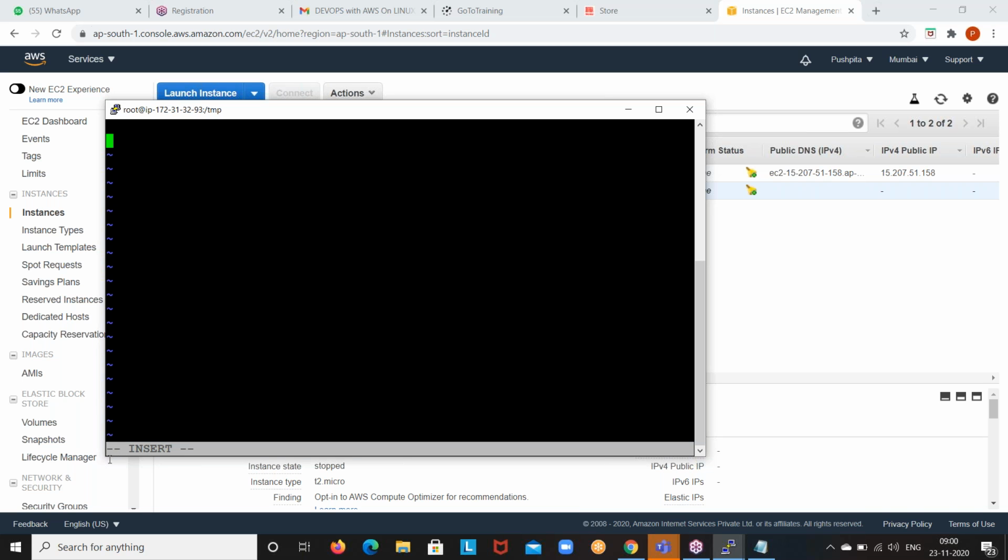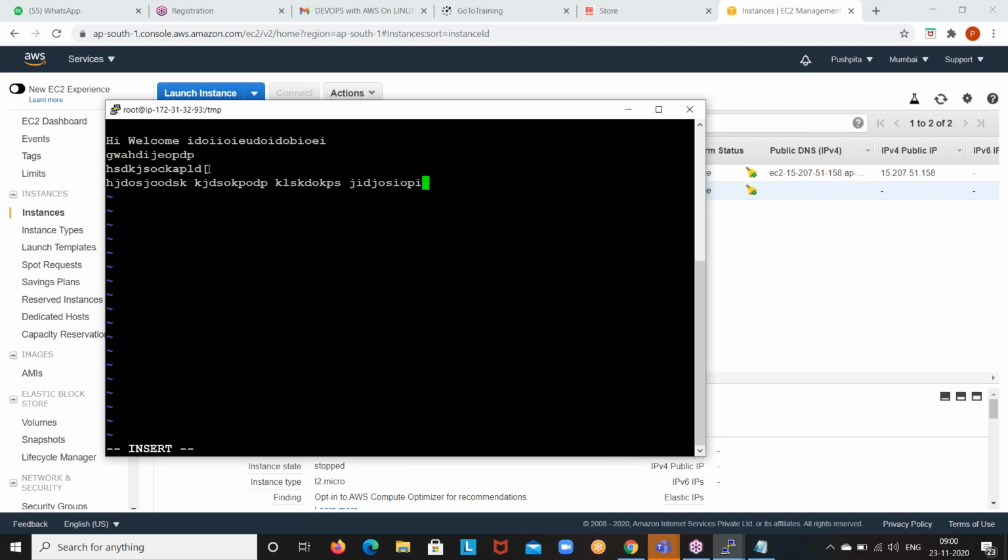Go ahead. Can you please randomly type some 4 to 5 lines? Randomly, no need to have a meaningful line. Just keep something like that. Good. Use some spaces in each line. Like this. Above also, use the up arrow. The green color cursor is your cursor. Write 3 or 4 more lines. Go down.